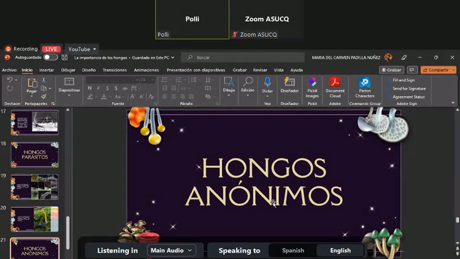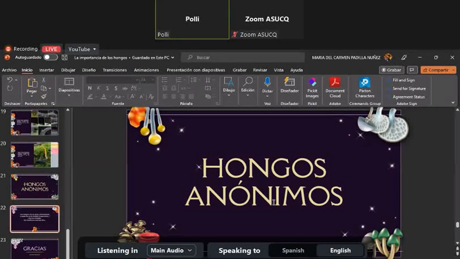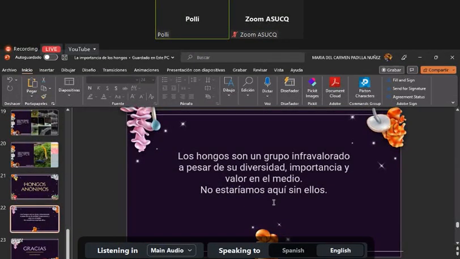But we can see that in all the trophic and biological relationships inside an ecosystem, fungi are a fundamental part as a source of food, as a source of carbon. They help others survive their environment and make it much easier for them. It gets rid of others. So they are mostly not properly considered, despite all this diversity and their value for the ecosystems. It's important that we understand that we wouldn't be around without them,